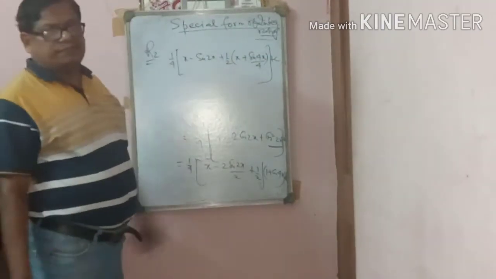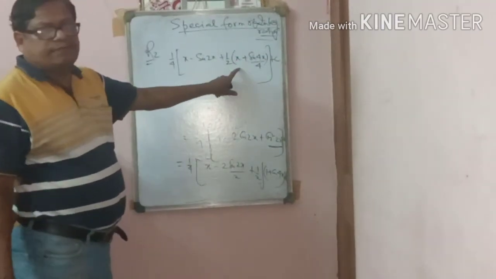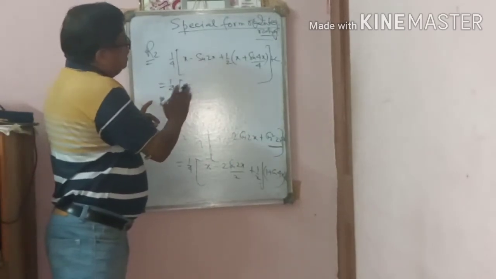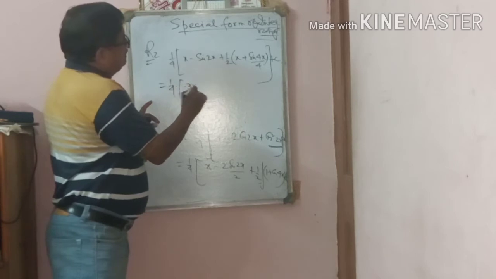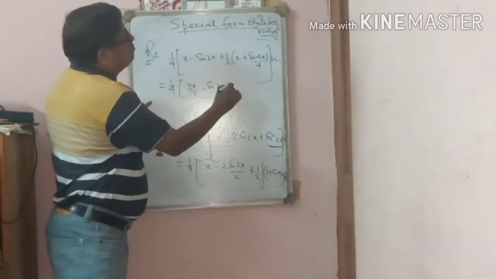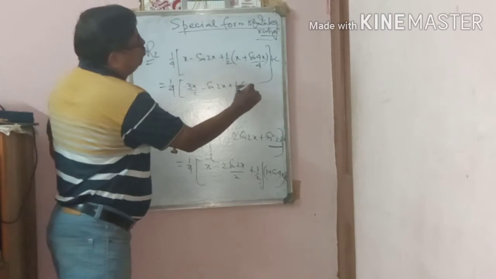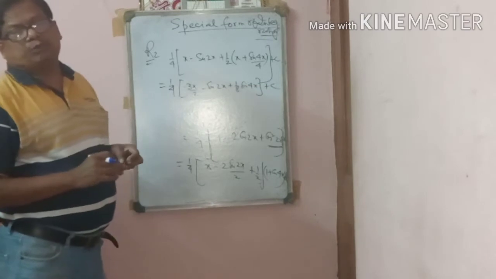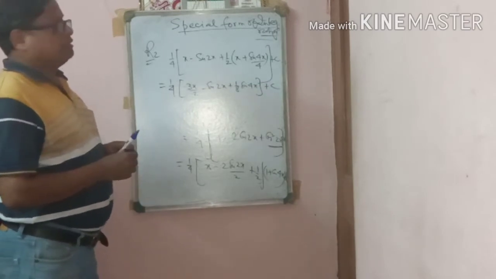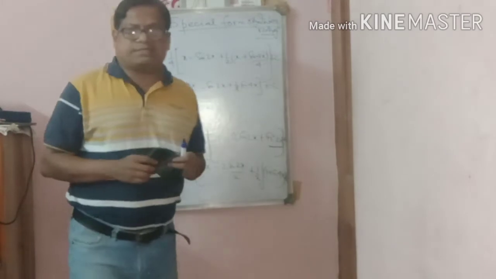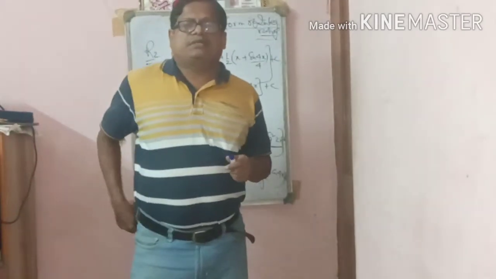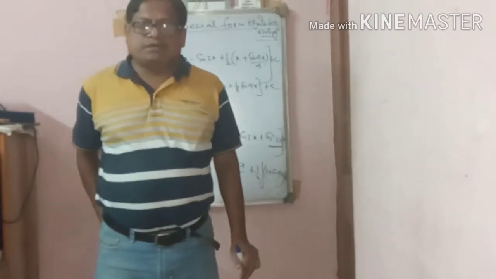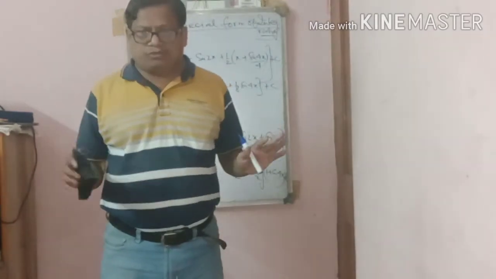And you multiply it. So here x by 2, 3x by 2. You have to multiply it: 1 by 4, here x half, that is 3x by 2 minus sin 2x plus 1 by 8 sin 4x plus c. So you should remember, in sin to the power mx, if m is an even number, then you have to convert into multiple angle formula.